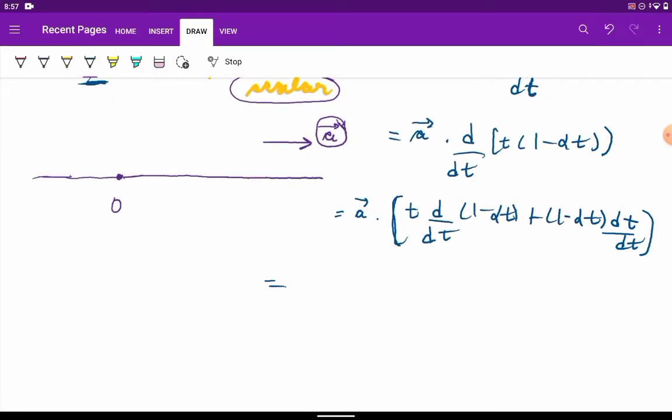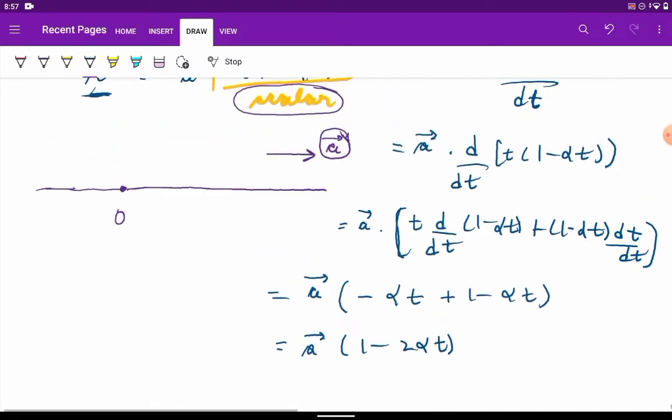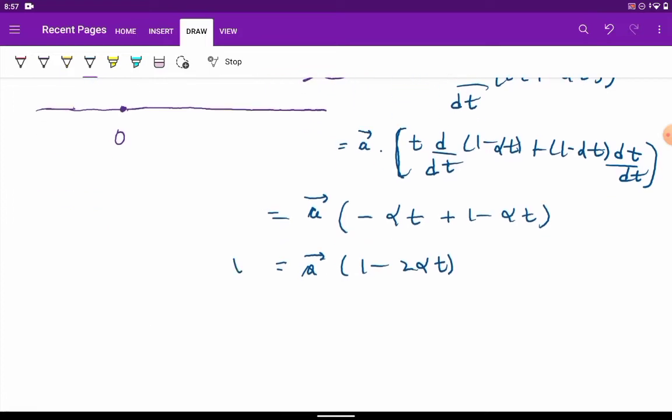So this becomes a times minus alpha t, right? And this becomes minus alpha t. Okay. So this becomes a times (1 minus 2 alpha t). This is the v vector,